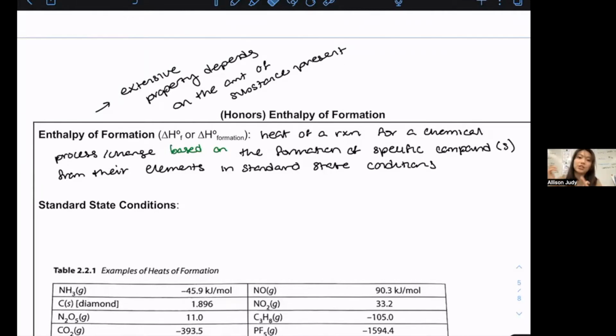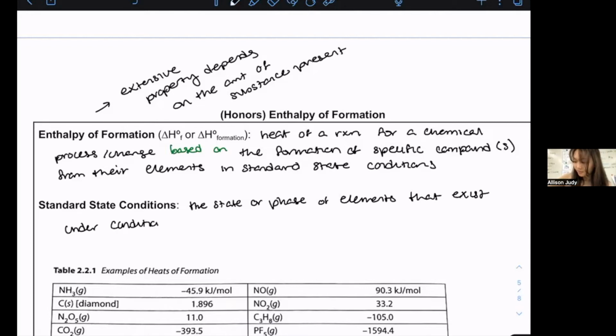So standard state conditions are defined as the state or phase of elements that exist under conditions conventionally determined, totally conventionally determined,